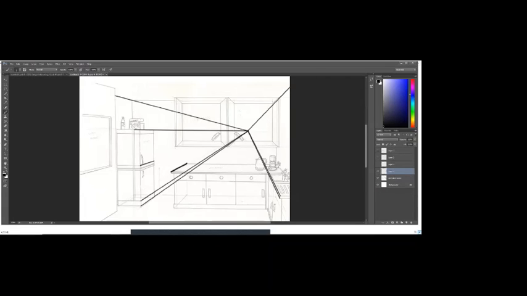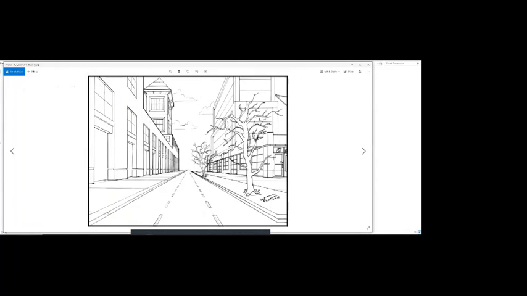Now let's go with the, what is 2 point? Oh, one more thing. I have one more image. So that was the indoor. This is the outdoor. You can see there's one vanishing point, and with this vanishing point, he created the entire